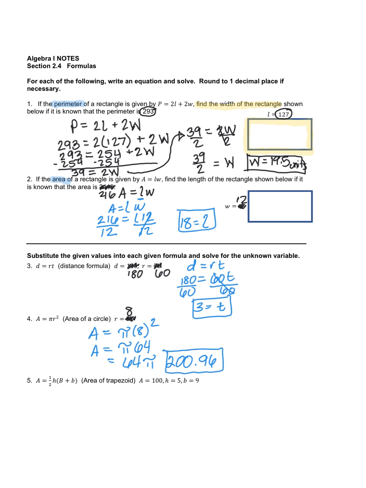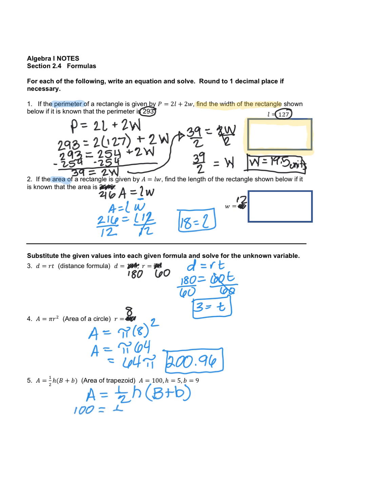Number 5 is the area of a trapezoid. We have A equals 1/2 of H, and then we have parentheses capital B plus b. So let's go ahead and plug in these numbers, substitute these numbers. So the steps: substitute the letters for the numbers. So for capital A, we should put 100. So let's rewrite the equation. A equals 1/2 H parentheses capital B plus b. And then from here, we have A is 100